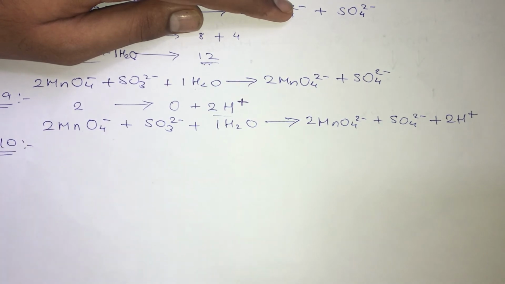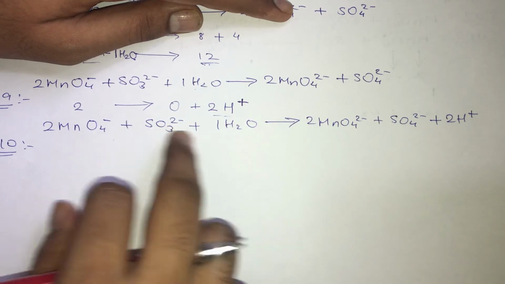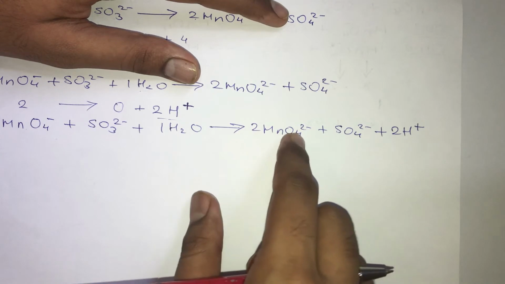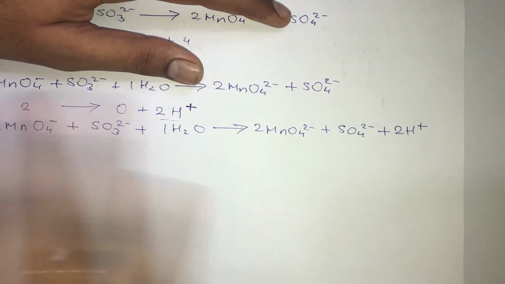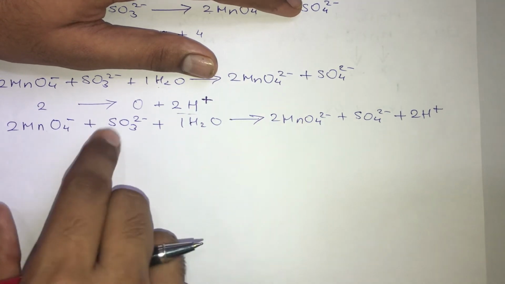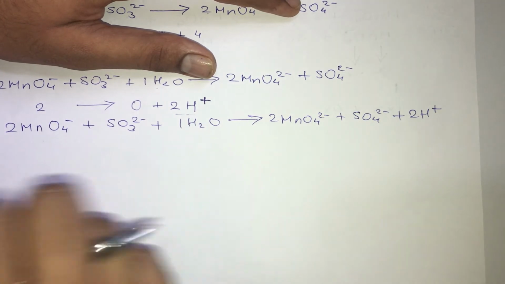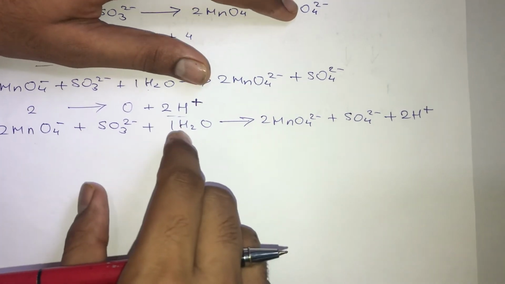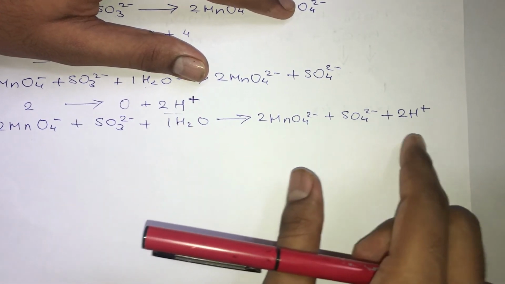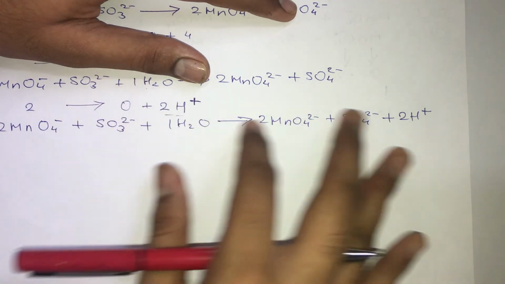Oxygen atoms: 2, 4, 8. 8 oxygen atoms plus these 3, 11, and plus this one, 12. And on the right hand side, 2 plus 4, 8, 8 plus 4, 12. Balanced. Oxygen is also balanced, 12 on each side. Then sulfur atoms. So how many sulfur atoms? 1 on the left hand side, 1 on the right hand side. It is balanced. Done. Hydrogen. There are 2 hydrogen atoms on the left hand side, and there are 2 hydrogen atoms on the right hand side as well. So can I say that the equation is completely balanced?